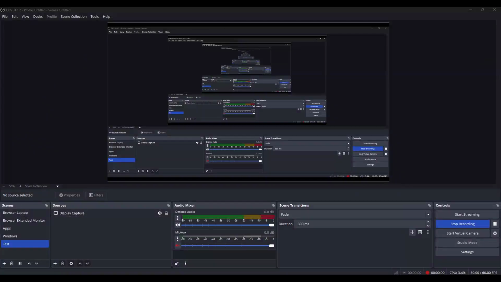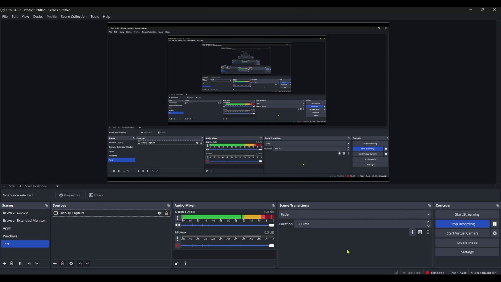In today's video, I'm going to teach you how to fix stream delay using low latency settings in OBS Studio. This is an invaluable skill for anyone looking to improve their streaming experience and provide a more seamless connection with their viewers. We'll dive right into the step-by-step process to ensure that you can stream with minimal delay and maximum